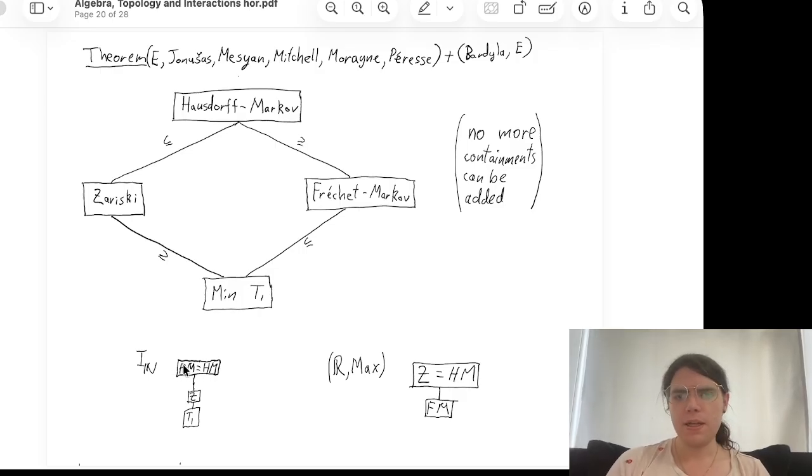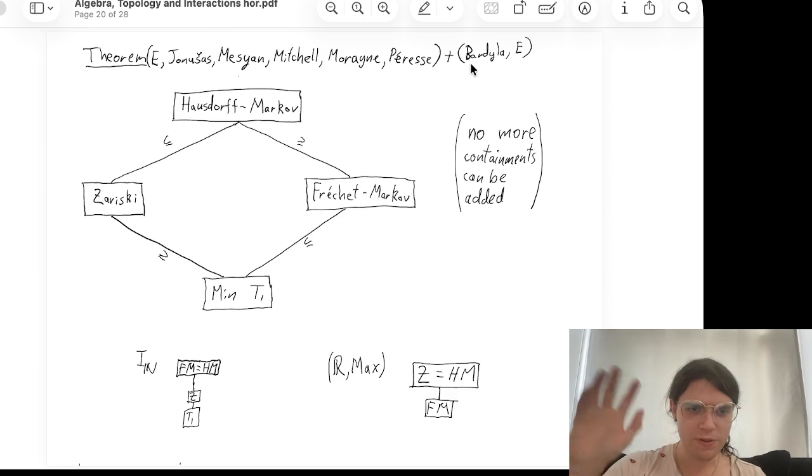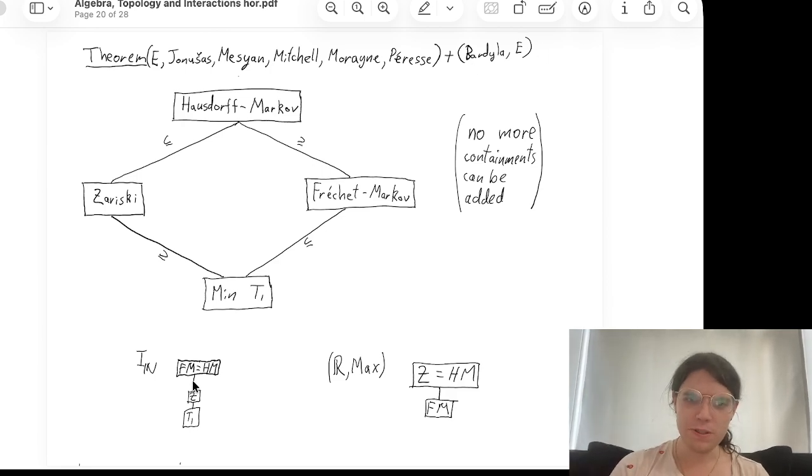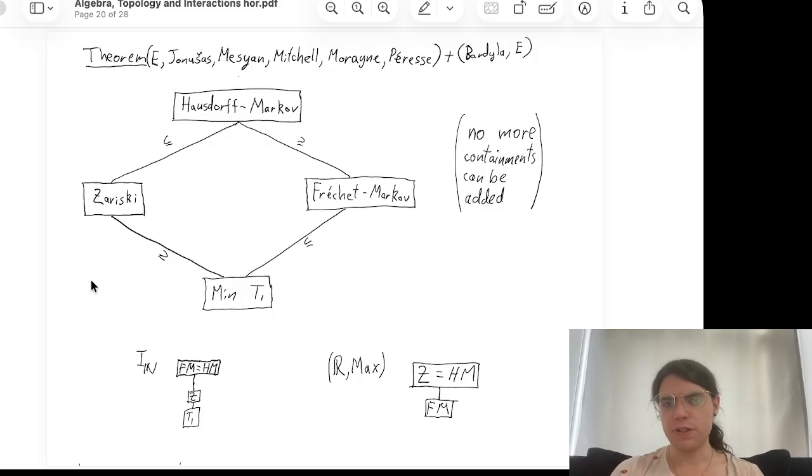semigroup topology. In this paper, it was not proved that this is actually bigger than the Zariski topology, like strictly finer than the Zariski topology. It was only proved that it contains the Zariski topology. But in a later paper, which is not out yet, we've written the proof down in a paper with me and Serhi. We know this is strict, so this tells me that in particular this one is allowed to not be contained in this one. And from this result, I know that this one doesn't have to be contained in this one. So this is the best sort of picture for these four topologies.